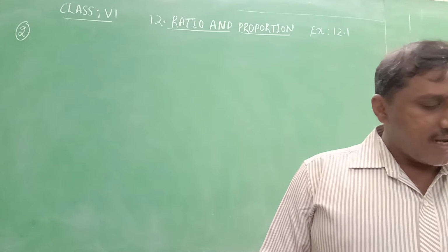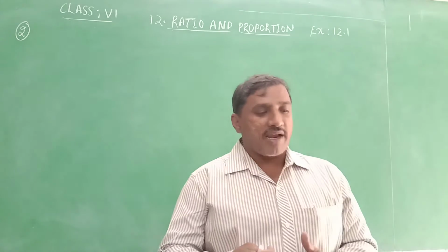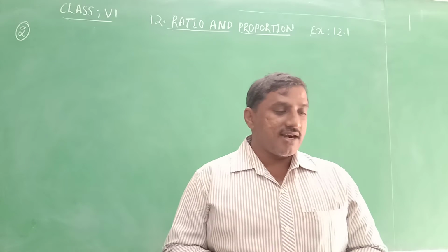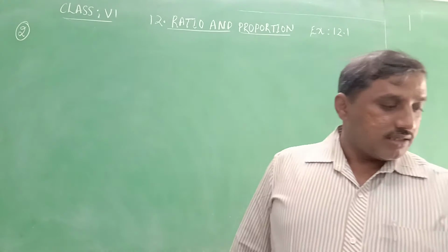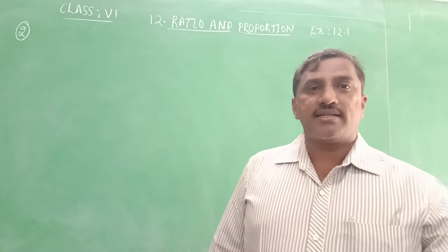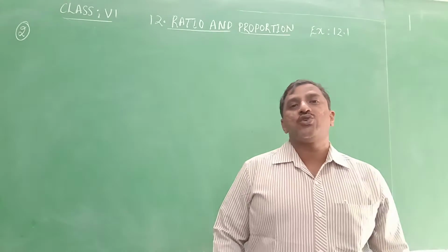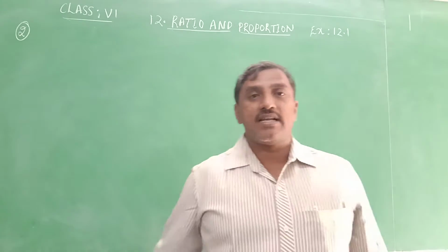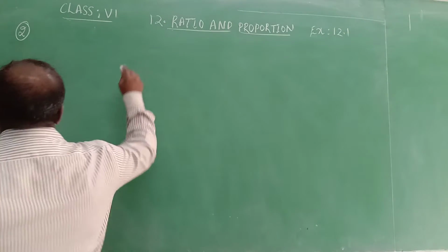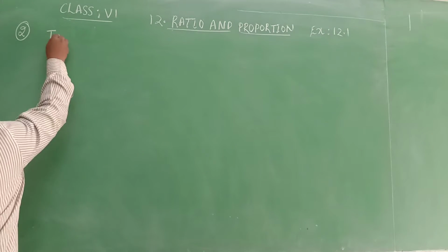Out of 30, some students are interested in some games. 6 children are interested in football and 12 like cricket. The remaining students are interested in tennis. So what is the strength of the class? Total number of students